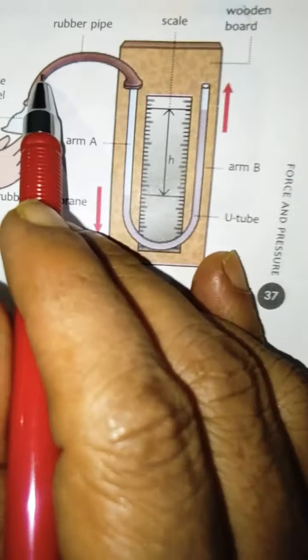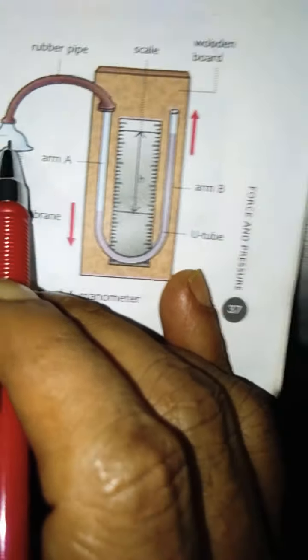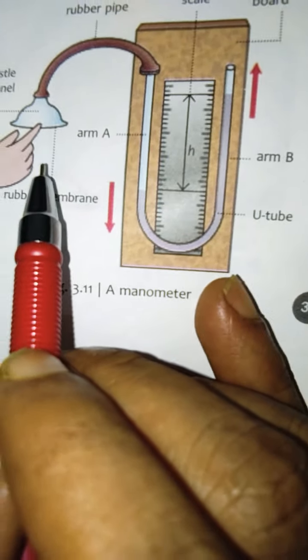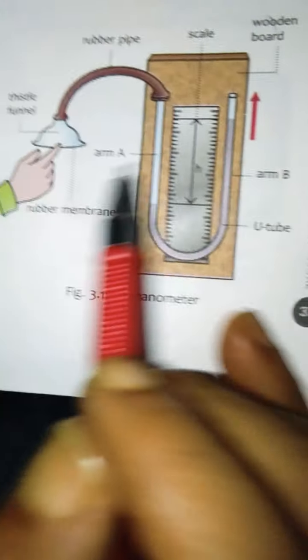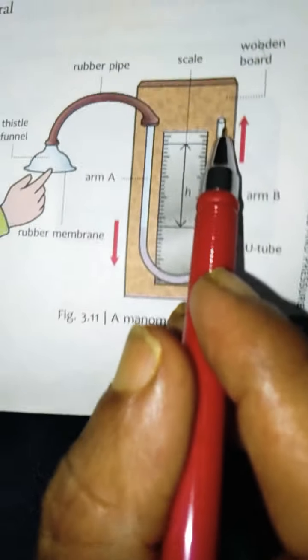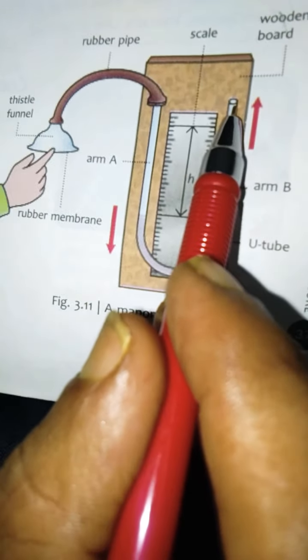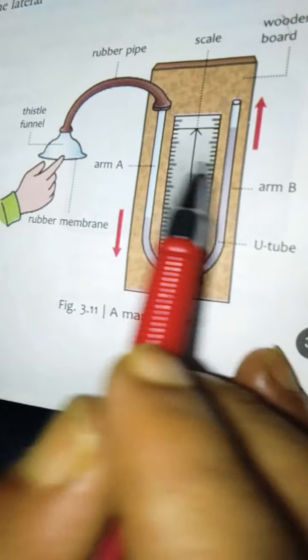This is a rubber pipe, this is a thistle funnel. This side the container is connected, the container having a liquid whose pressure we have to measure. This side is open. After that, the pressure of the liquids is determined from the difference between the reading of